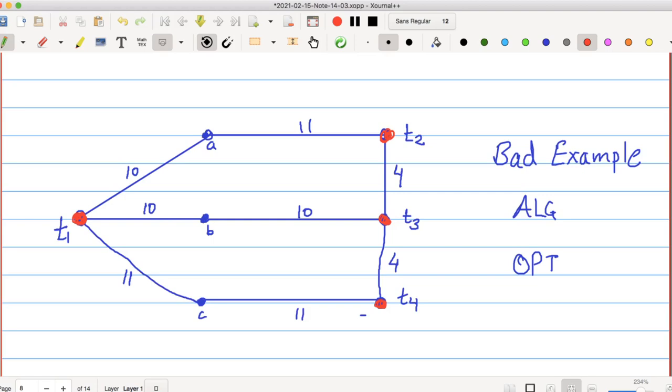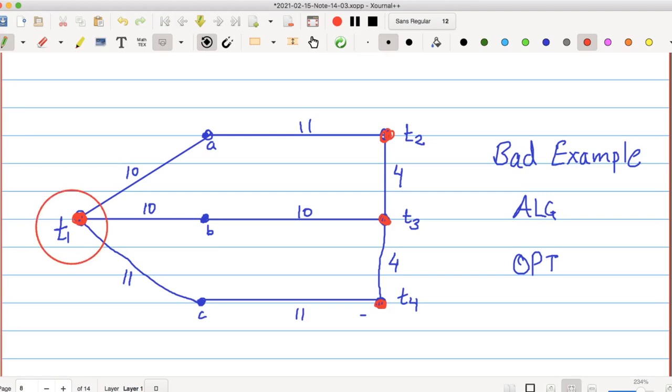And the idea will be always to pick an inclusion-wise minimal set that includes T1.